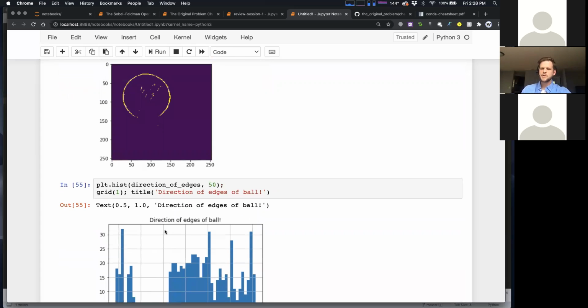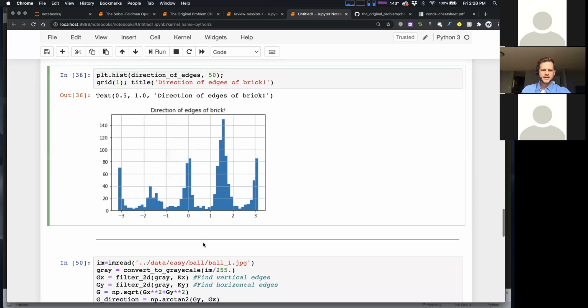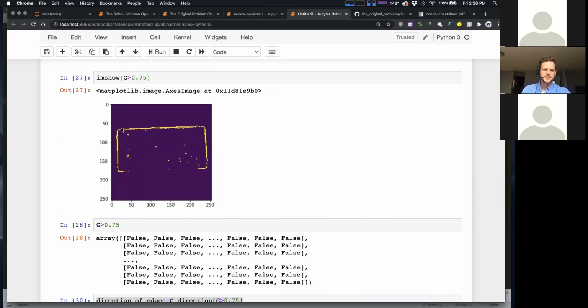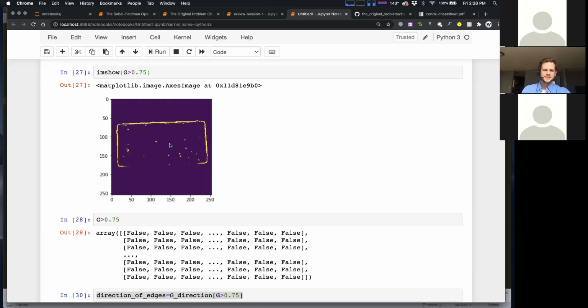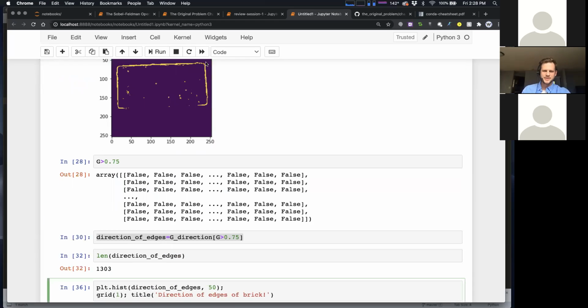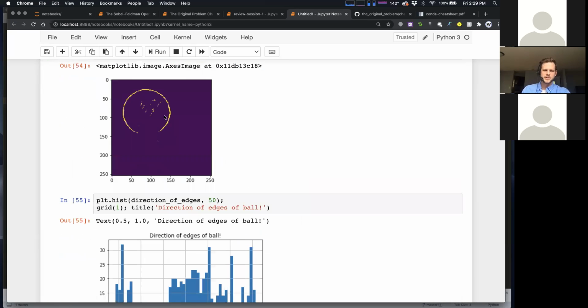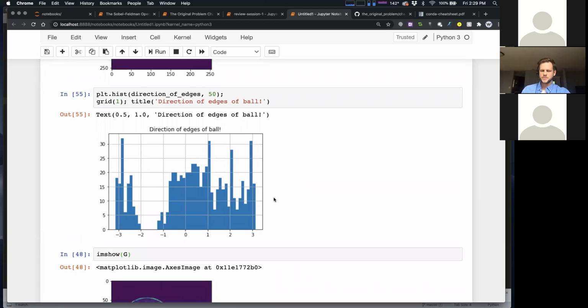Corners, yeah, corners are part of it, right? I'd say that's part. Sides, yeah, definitely. So you think about it, right? The brick has this long linear straight line, so all of these points should have an edge going in the same direction. That results in a big spike. And then all of these points have the edge going in a different direction, and that results in another spike. In our circle, you've got edges going in every direction, so you're going to get this nice smooth distribution.